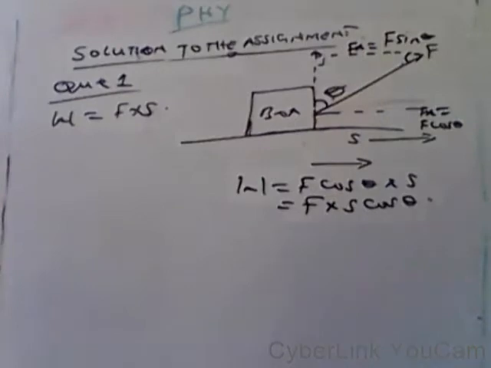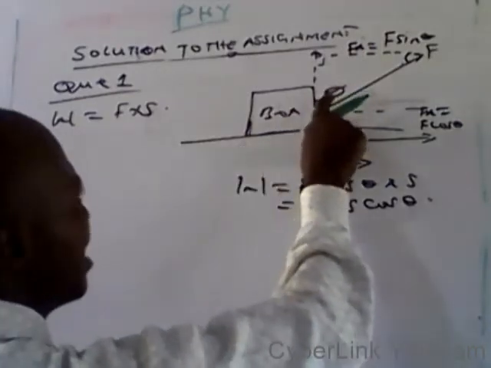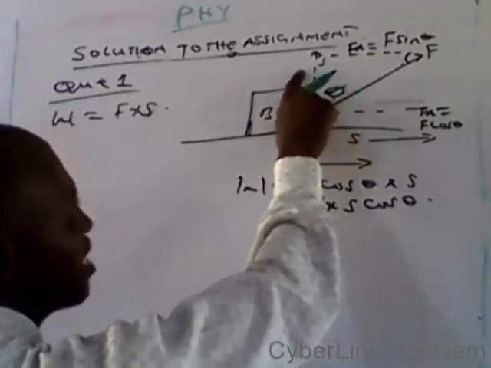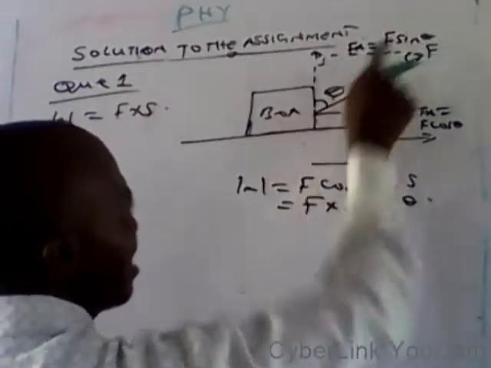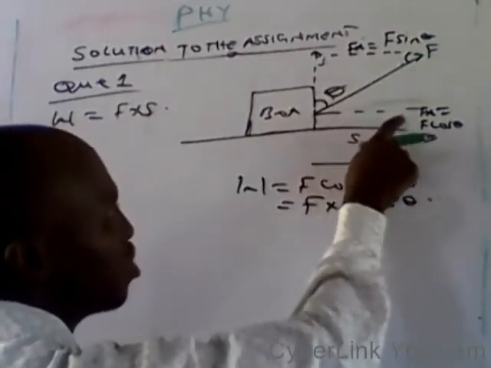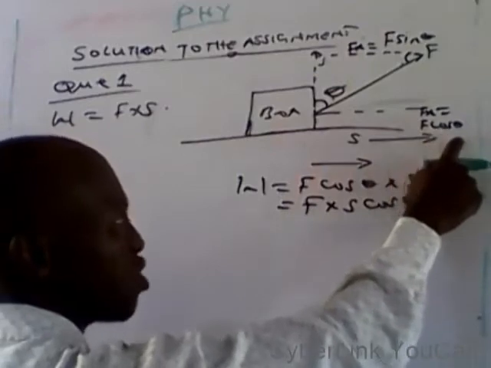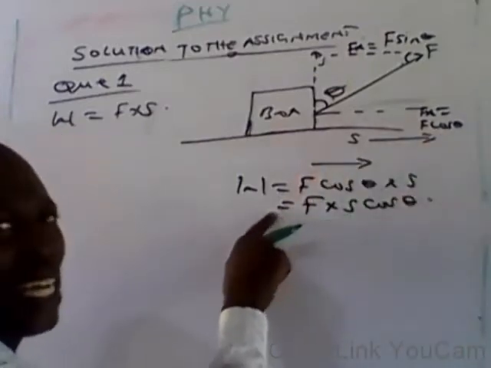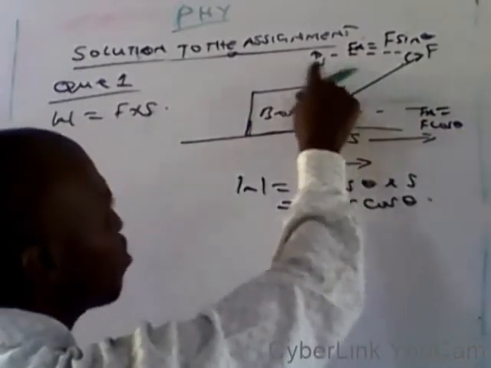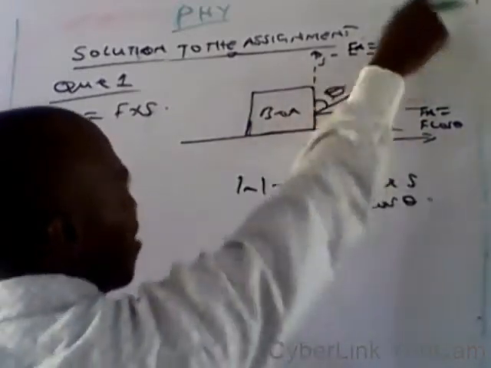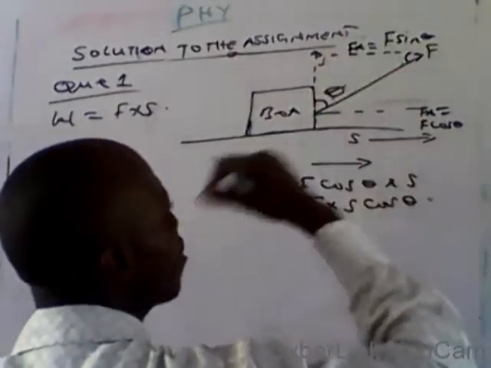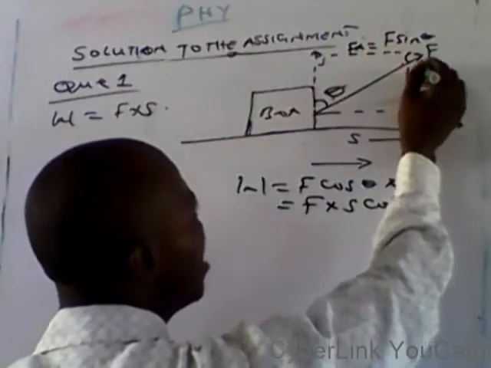Now, if the angle of inclination of the force is to the vertical axis, then my Fx is F sine theta. As against when we have angle of inclination to the horizontal, where we have F cos theta, and the work done along that direction is Fs cos theta. But in this case, where F is inclined to the vertical with this angle theta, we have F sine theta. So the work done here will now be W equal to